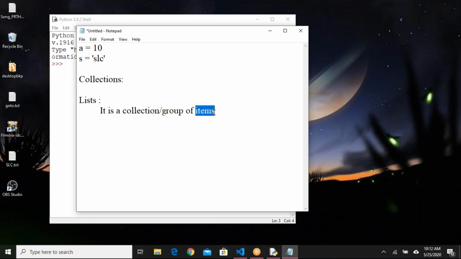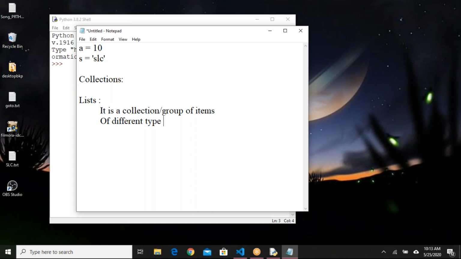Items are nothing but elements, different values, different data. One more point we need to remember is of different type. So a list is a collection of items of different type. So you can store different types of items into one single list.